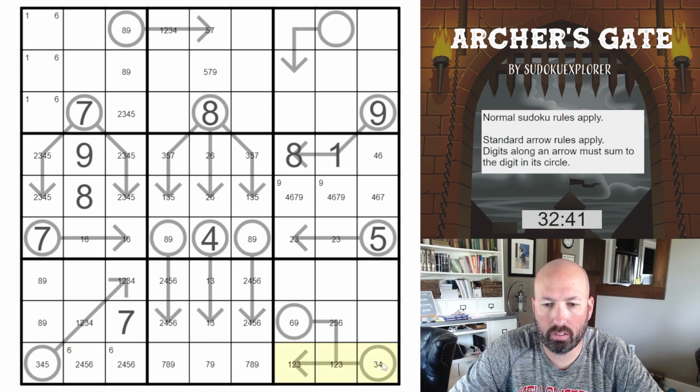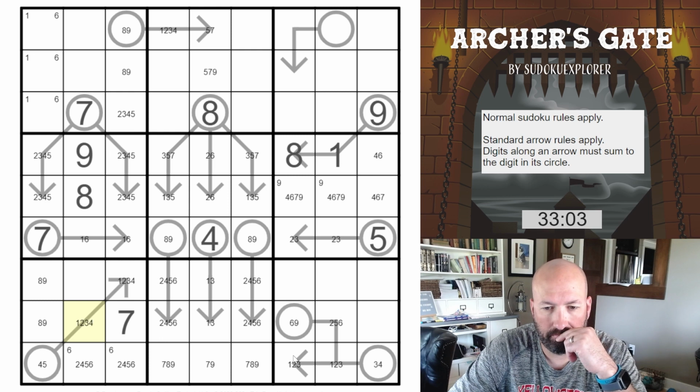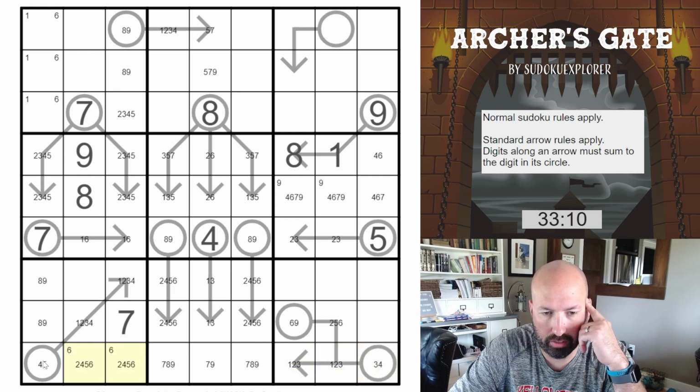Wait. This is either 1 2 3 or 1 3 4. So we can't have a 3 over here. This is 4 or 5. Which still could be 1 4 or 2 3 or 1 3. Right? So if this is 1 3 4, then this is 2 6. 1 3 4 would make this 2 6 and 5,